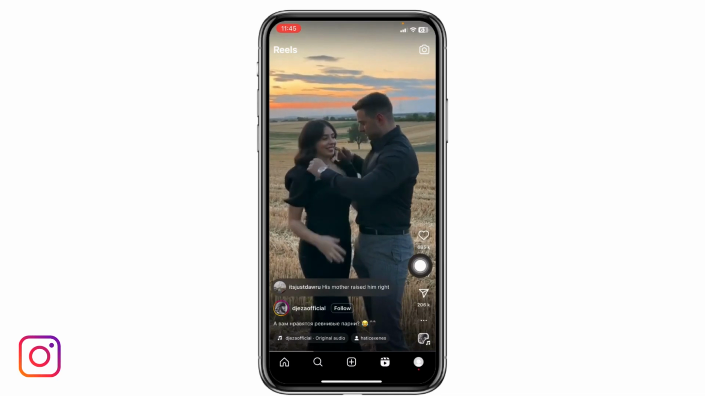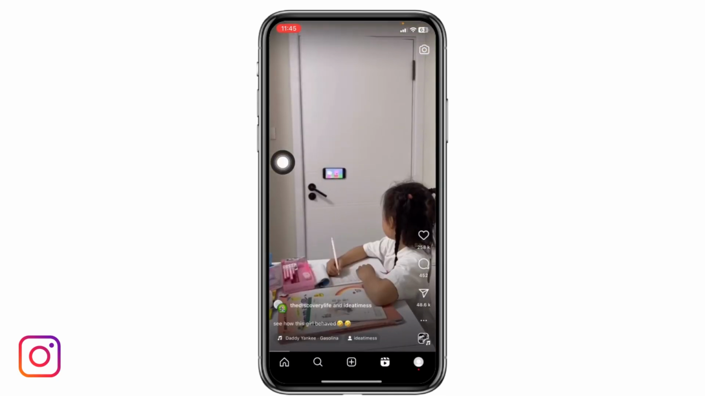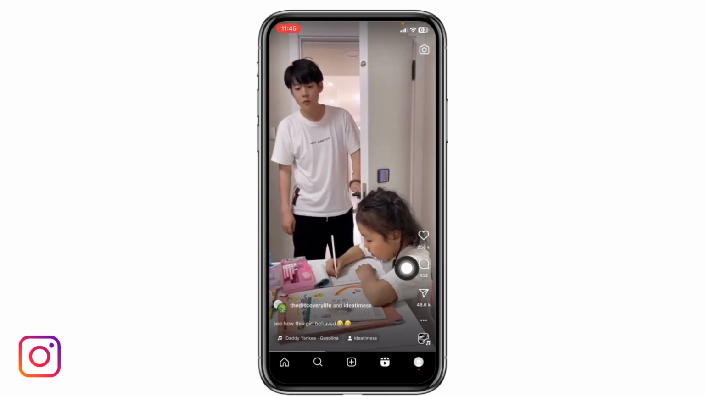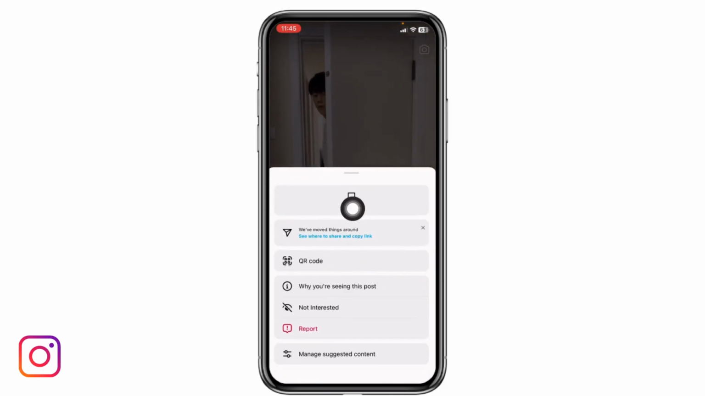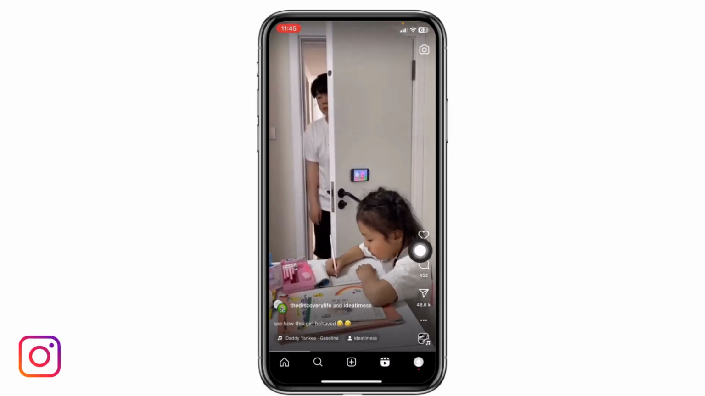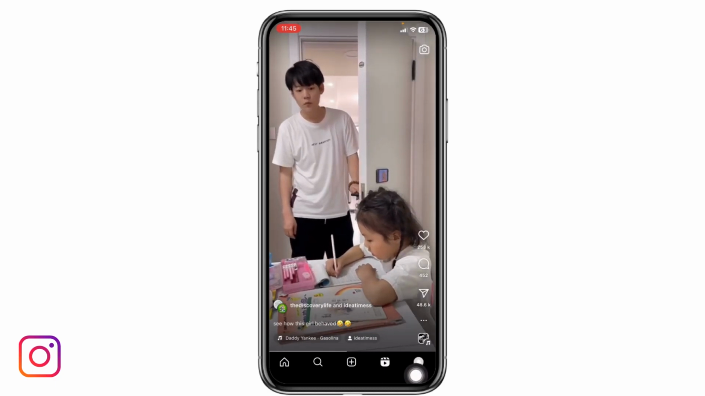Firstly, I'm gonna save the reel. For now, I'm gonna save this one reel to show you guys where to find it. So in order to save the reel, you have to tap on the three dots, tap on save. After you save the reel, you can go to your profile, tap on the profile icon given at the bottom